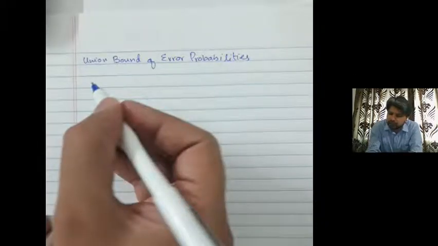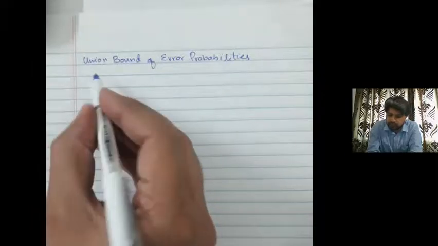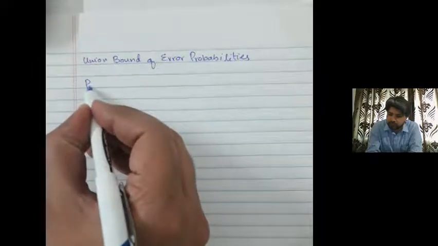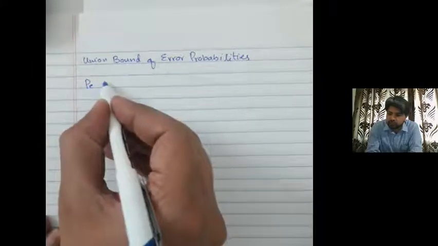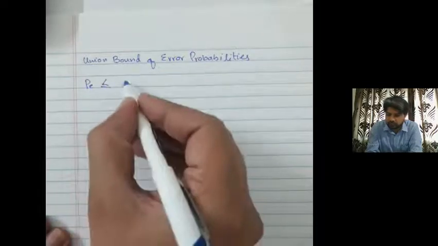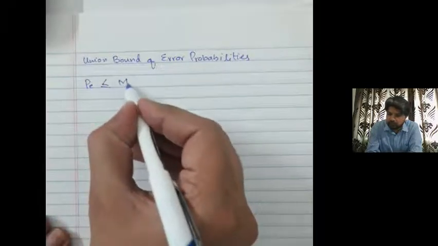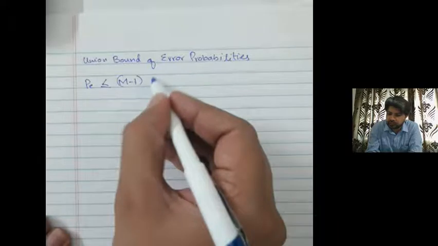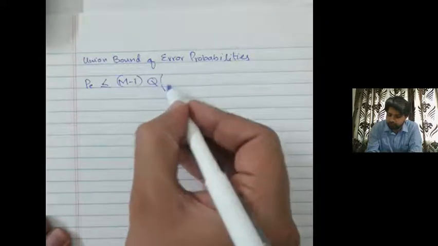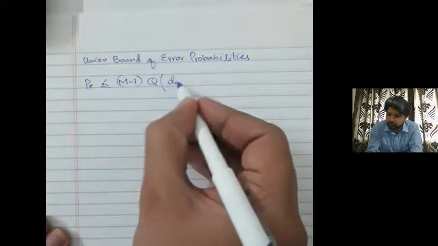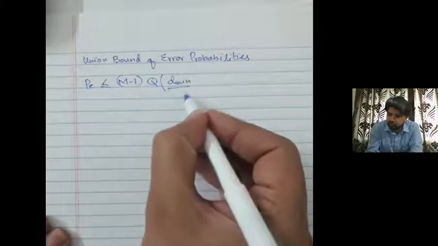We said that the probability of error, remember this is the symbol error probability, using the union bound is less than or equal to M minus 1 times